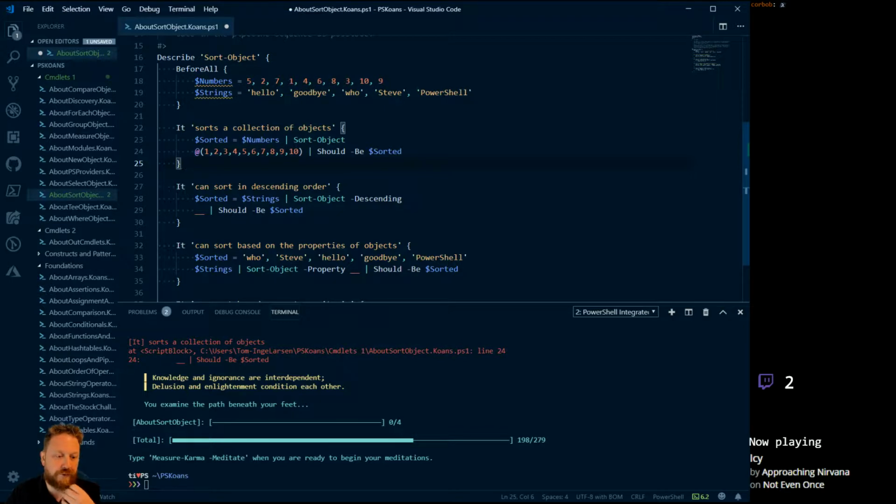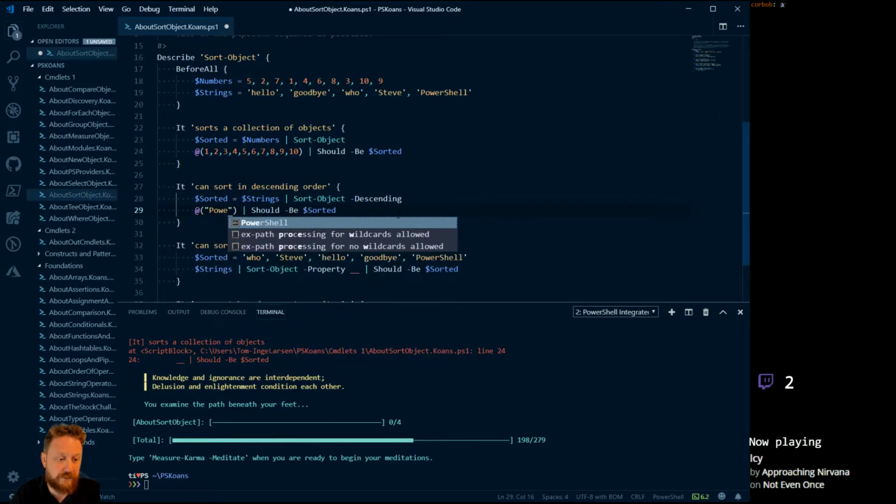But it can also sort in descending order. And in this case it will try to sort alphabetically. So that would be PowerShell and